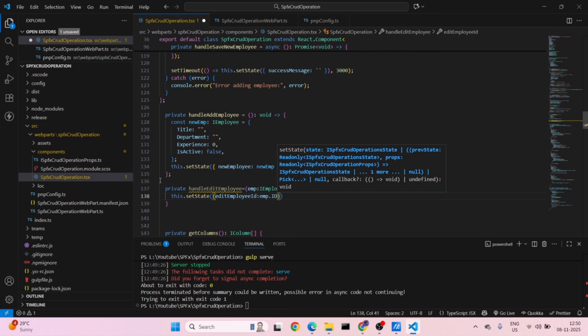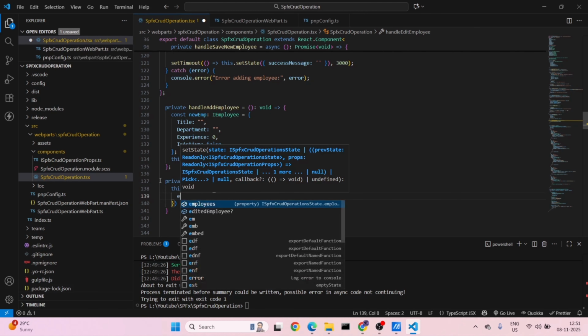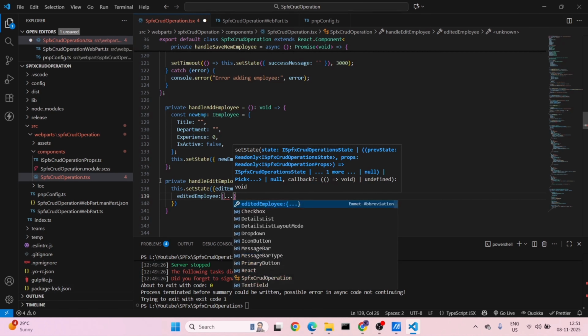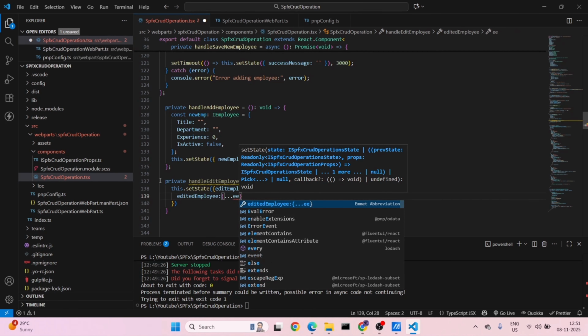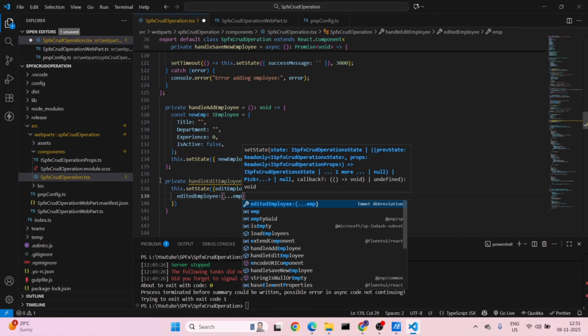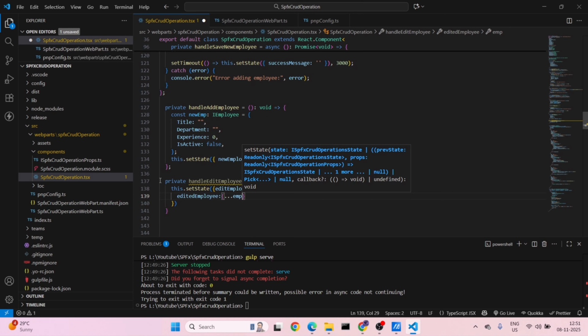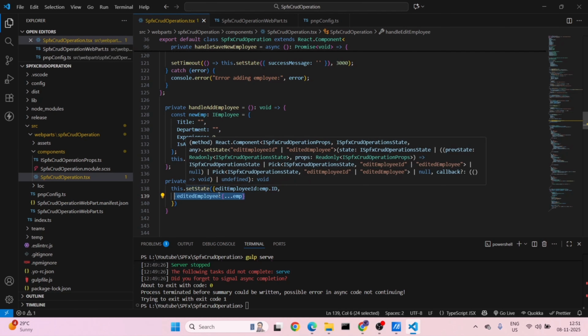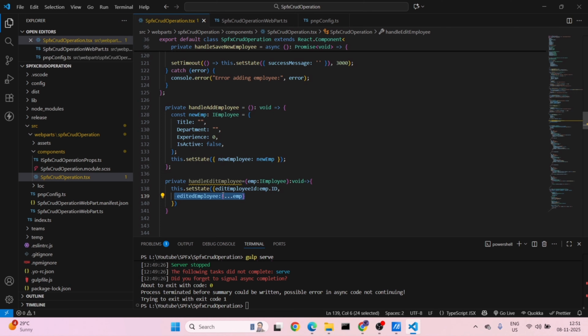This whole thing was done in part 1, part 2, comma editedEmployee will be ...emp, because with the previous employee we will be updating the employee, right? So this is what it will be, and it will be type of clone. We'll get the one newly added row, not newly added but updated row, where we will get the data. So I will show you what I'm saying, but after this,